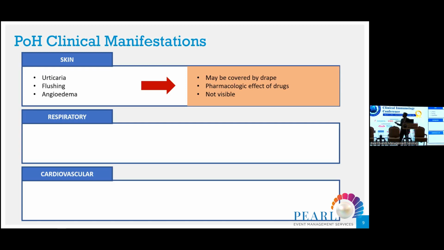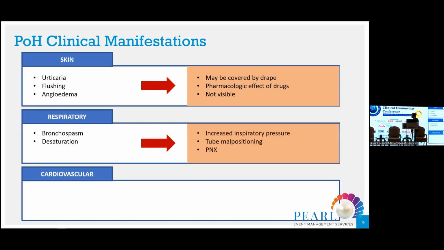And so it might be totally not visible as swelling of the larynx in a patient which is intubated and sedated. So the respiratory system, we can have bronchospasm and desaturation, but bronchospasm can manifest itself only as an increase in the pressure of the air in the ventilator, or can be interpreted as a tube malpositioning or as a PNX, which can be seen in